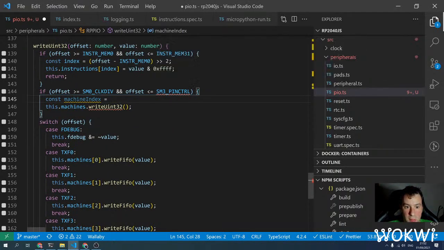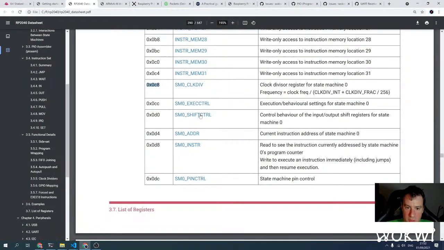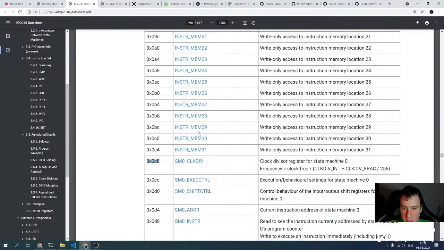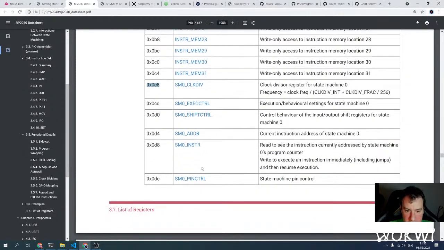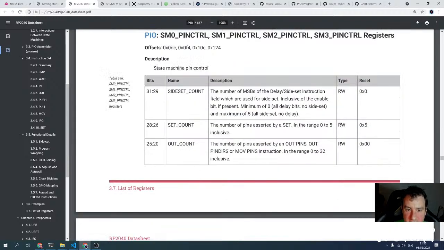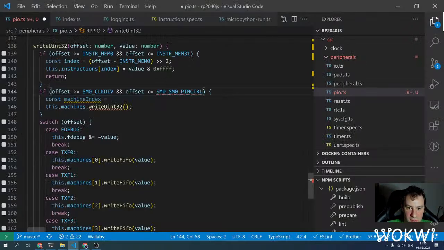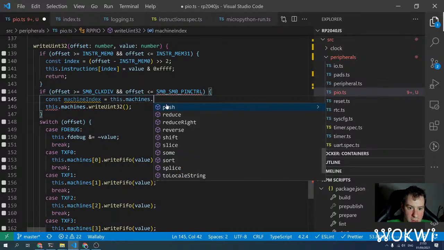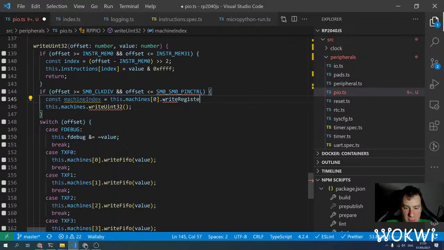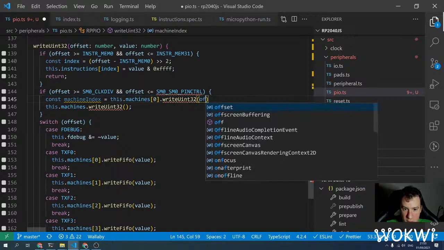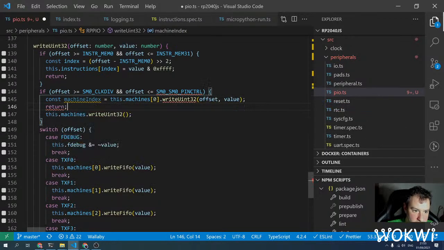So I guess we can probably do it like that. Not the best way, but it will work. So just have the extremes, like one condition per machine. There must be a better way, but if you find one, then send a pull request later. Okay, so if this is it, then this dot machines dot write register, and then I want to write uint32 offset value just for this to the machine, so we